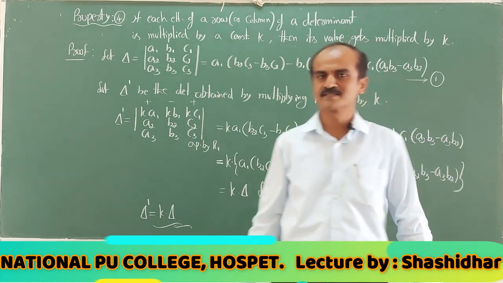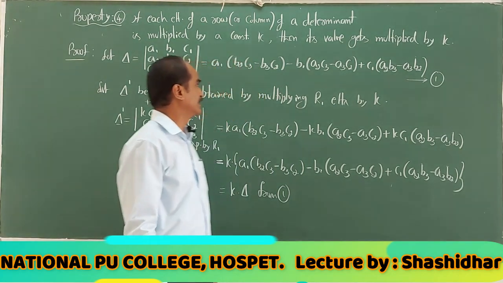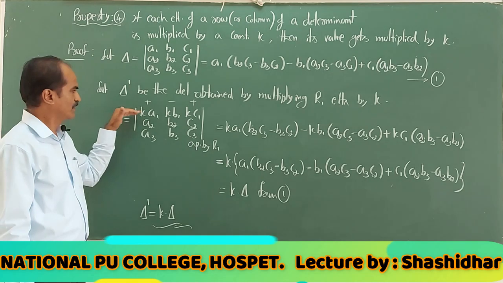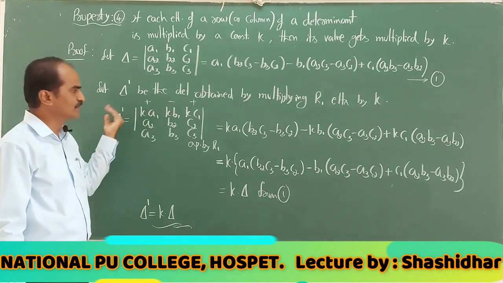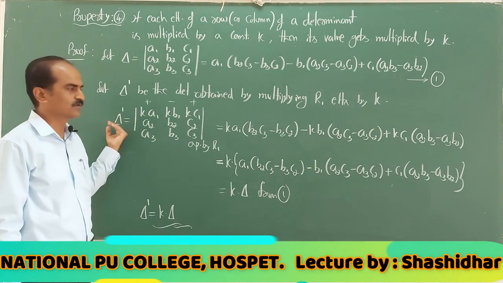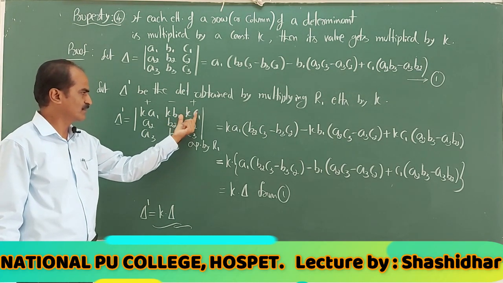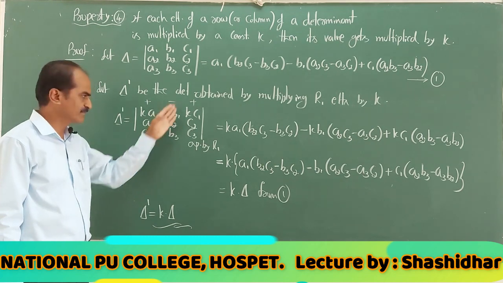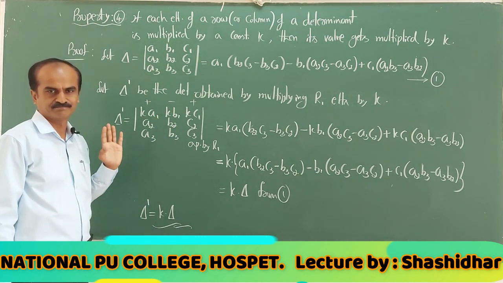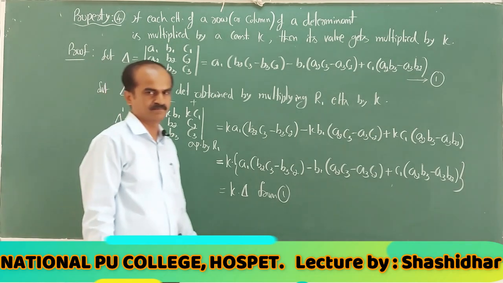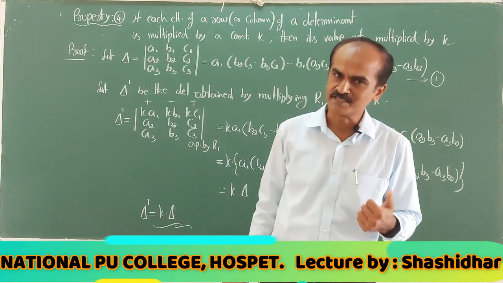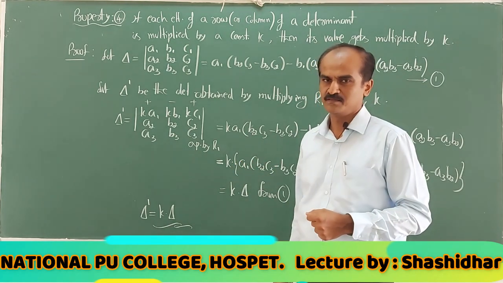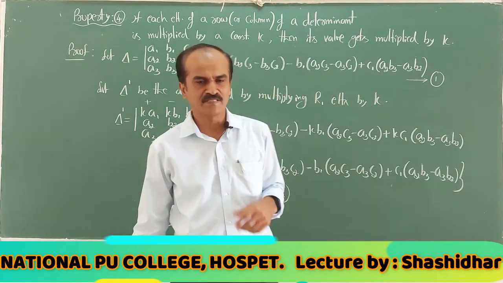The other way of understanding this is, whenever in a determinant all the elements of a row are multiples of k, you are allowed to take k common from that particular row. Or maybe in the third column, kc1, kc2, kc3 is there, you are allowed to take k common from column 3. So this is what the property says. Now the extension of this, with the help of this property, we can say one more. So we can take it as a corollary.